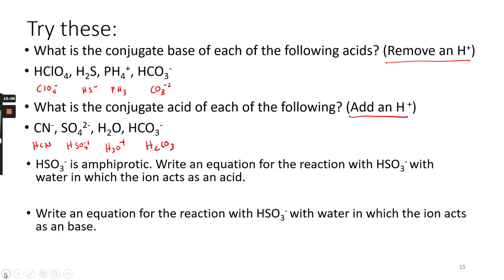Okay. Write an equation for the reaction of HSO3 minus with water, in which the ion acts as an acid. So we have HSO3 minus plus water, and the ion is acting as an acid. And what is the definition of an acid? An acid is a substance that is a proton donor, so it's going to donate the H plus. So that's going to make